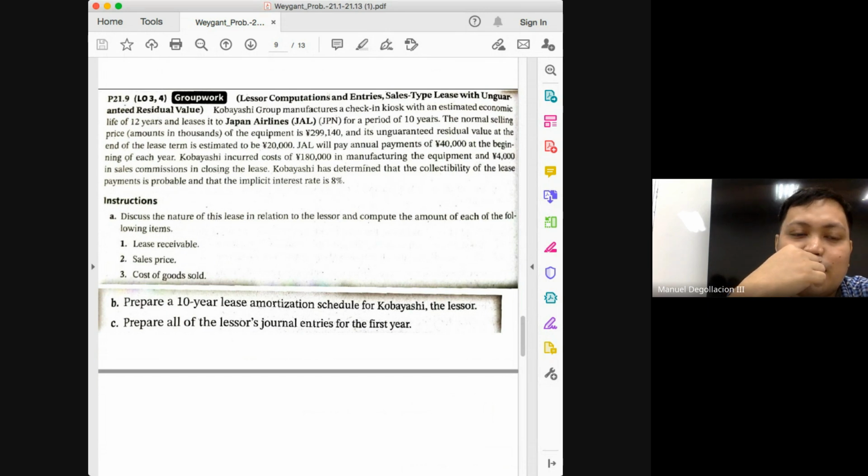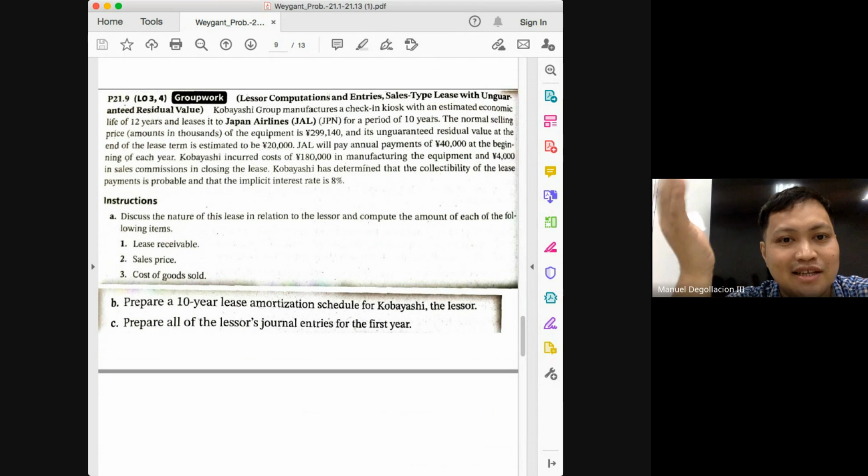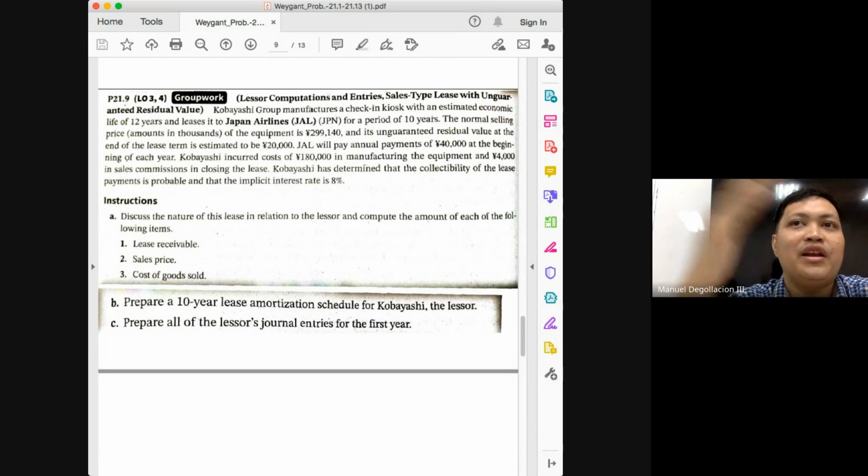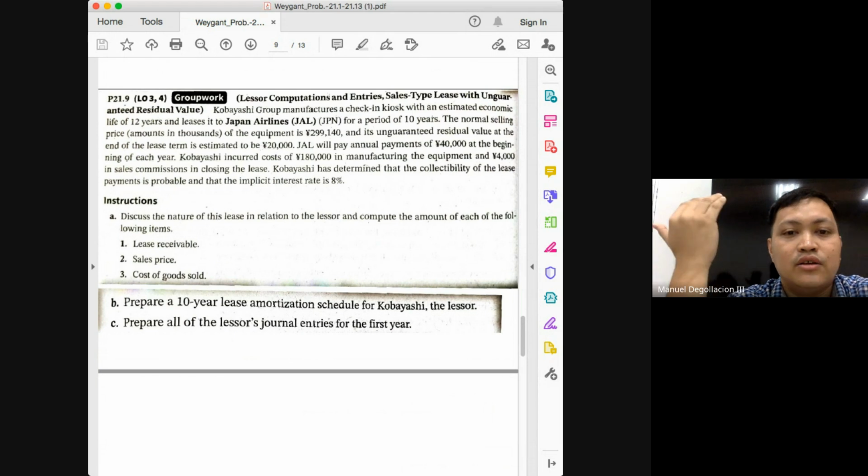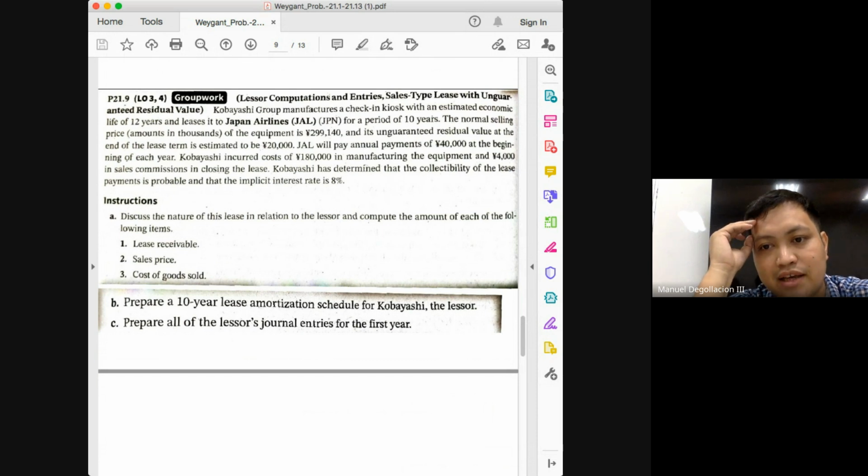That's very quickly, class. If it's lessor, you will have to include the residual value, even though it is not guaranteed. For lessee, it should be guaranteed. For lessor, it should be both. It should either be guaranteed or unguaranteed. Why? Because even if it's not guaranteed, you will still end up getting back the asset. So your receivable here will be paid off not by cash necessarily, but through the return of the asset with its corresponding value. So your lease payments here would comprise the periodic payment and the residual value.